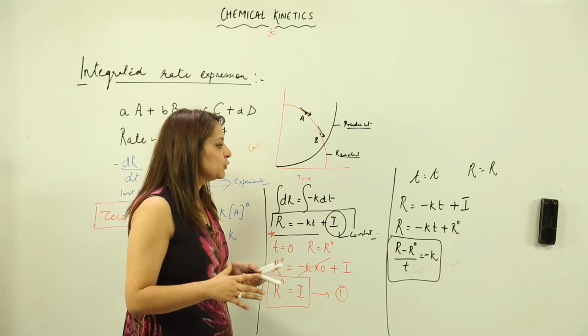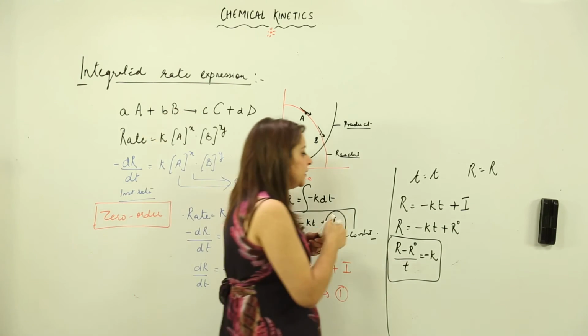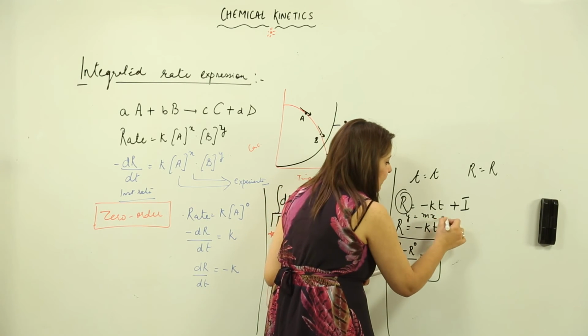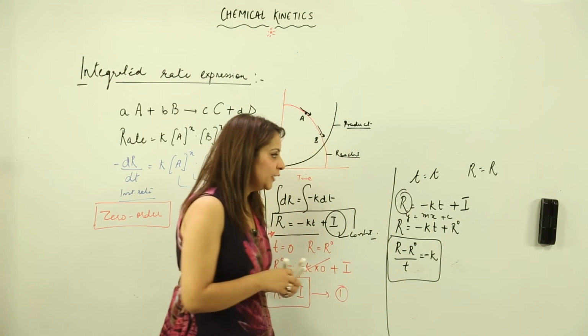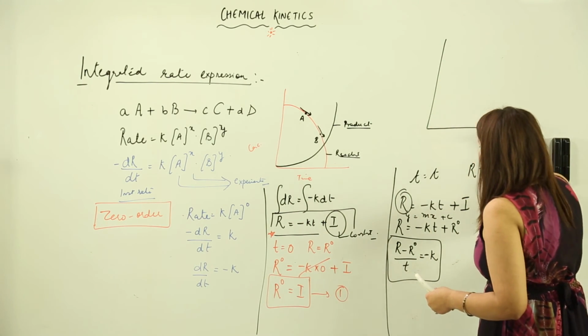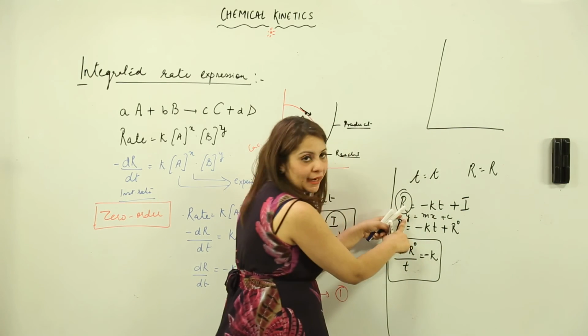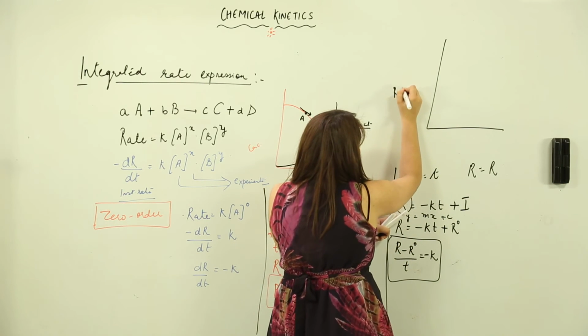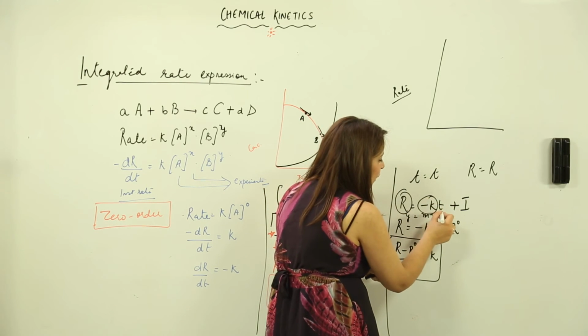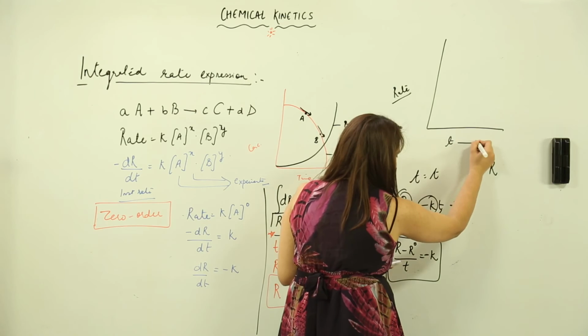Now we are in a position to draw a graph. Suppose this R indicates y and this indicates mx, and suppose this constant is c. So that means I am just going to draw it graphically, where rate is going to be indicated on the y axis, right. So I am going to indicate the rate on the y axis, and time, because this is constant, so time is indicated on the x axis, right.